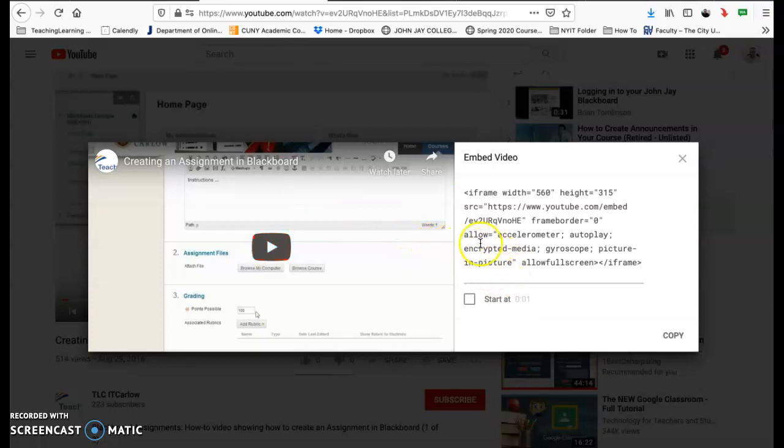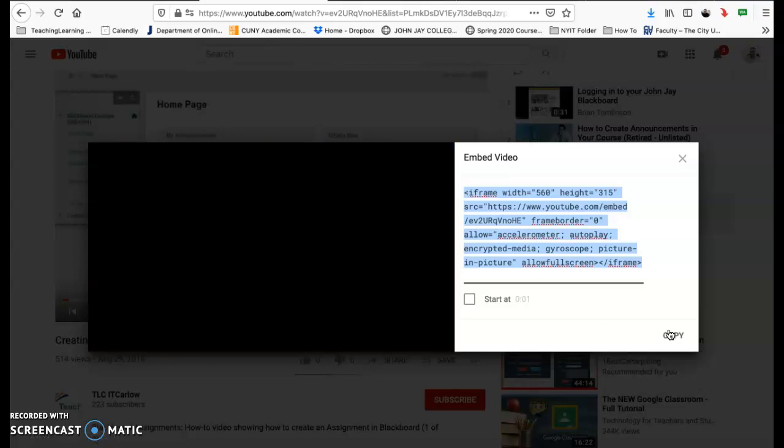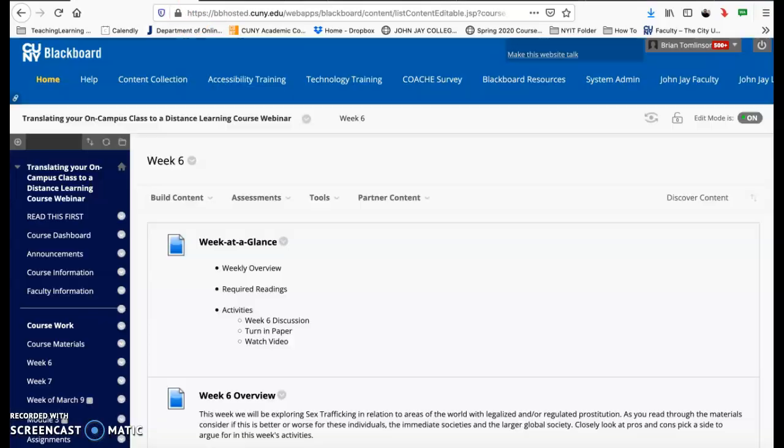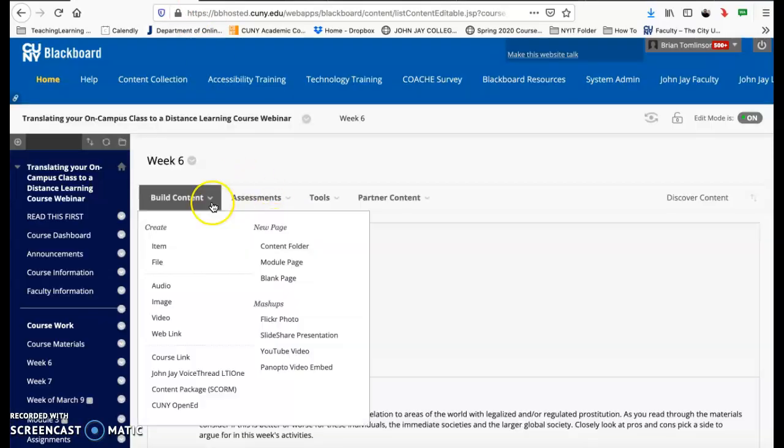So now you see that gives you an embed code. You don't have to highlight it. YouTube already gives you a copy button, so you're going to select copy, and it automatically highlights the area and content for you. Once you've copied the embed code, you're going to go back to your Blackboard, go to build content,